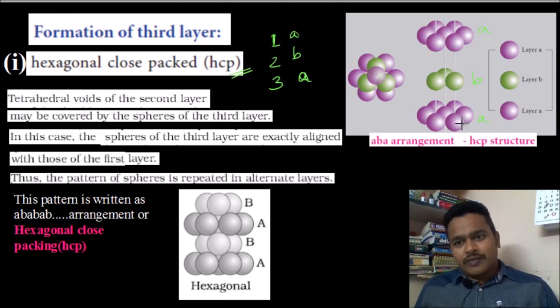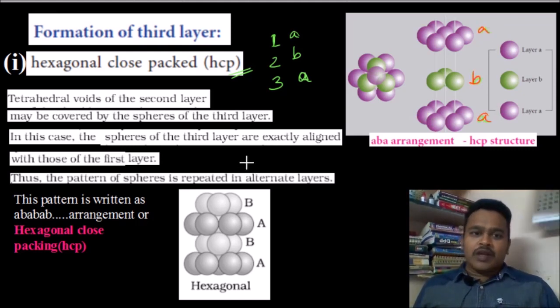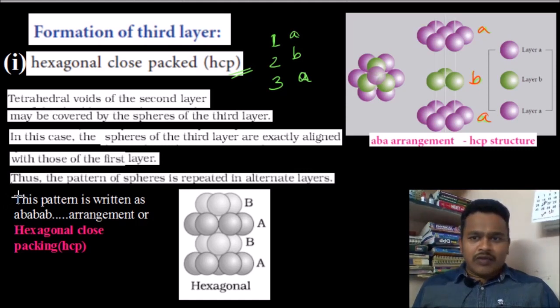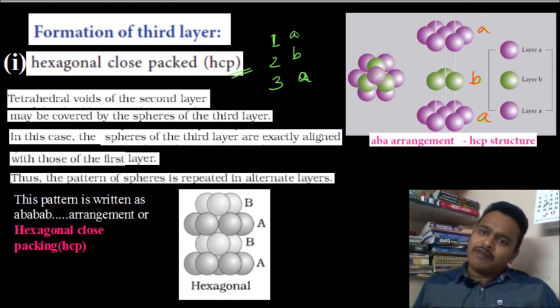Correct or not? A layer, B layer, again A layer. You want to talk about the coordination number for this one. Observe this sphere: here A, B, A, again B will be there. Keep on, you can continue.